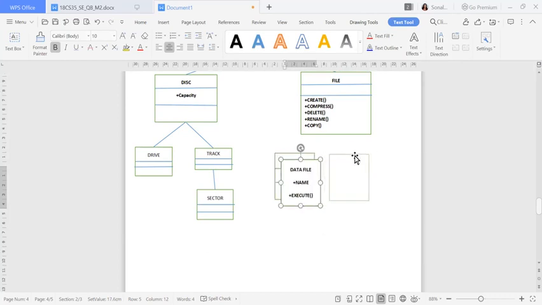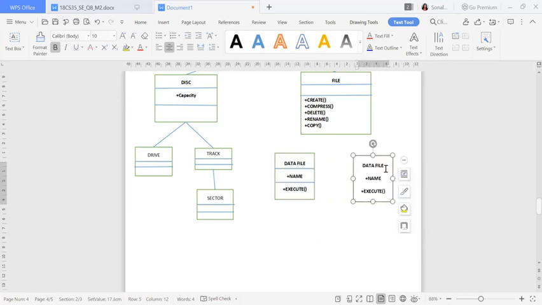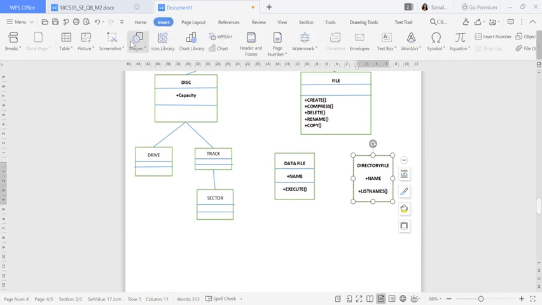Okay, fine. So next one will be your directory file. So this is my directory file. If you want to write the name, you can write. Here I'll just change it to list names. Some list names will be there, so I'll change it to list names. Then I will divide it.